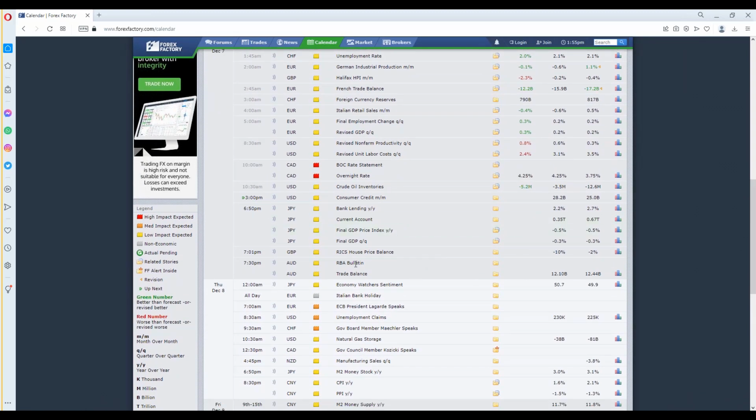Or maybe it says Lagarde from the ECB is talking. She's the head of the ECB, the central bank in Europe, you know. If Powell's talking, you don't want to be trading unless you're prepared. It might move markets, gold, NQ, ES, YM, okay? If any of the Fed people, the big Fed people are talking, the calendar often has it scheduled, okay? So look at the calendar every morning. Today, there wasn't a whole heck of a lot going on. It wasn't a big calendar day.